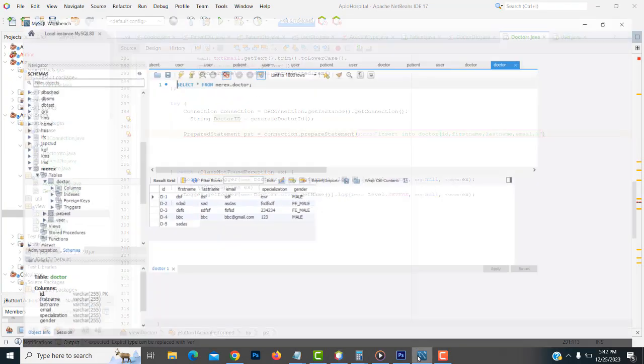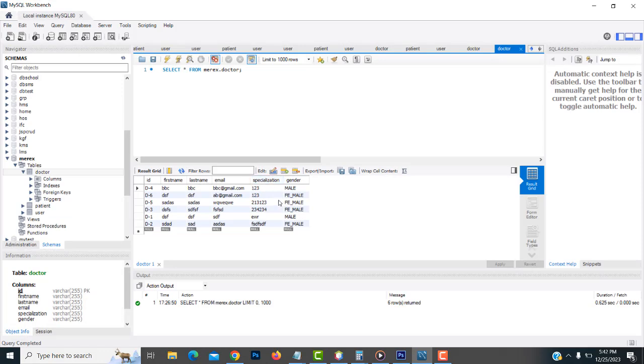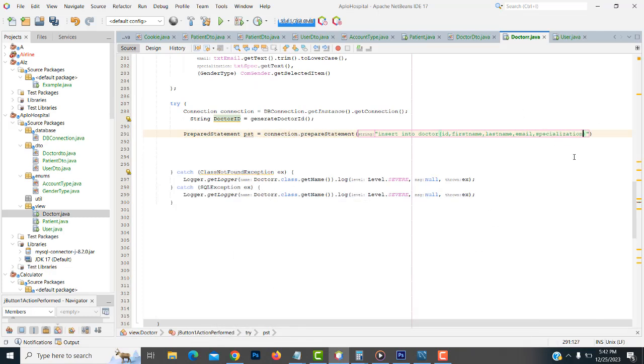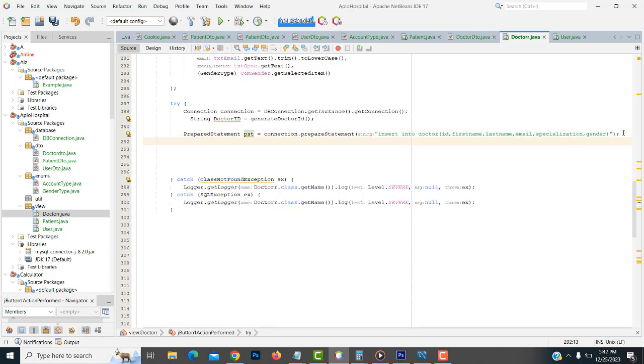specialization. But the same thing, specialization. Here we have got a specialization spelling, so go to the field name, specialization. Right. After that, we have to write gender. That's the thing you have to write. Right, that's it. After that, what you're going to do is here,